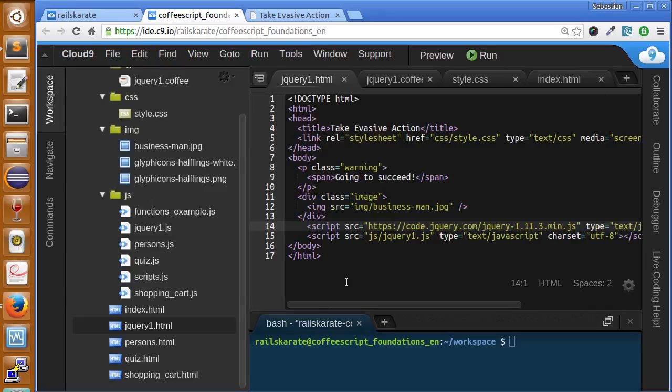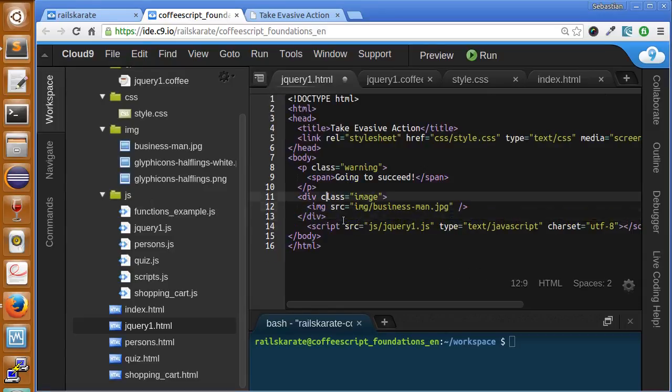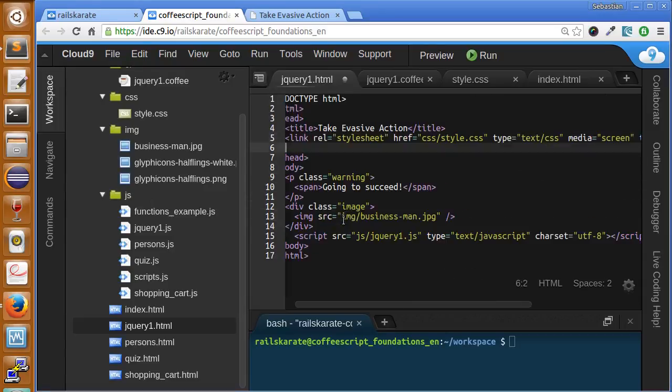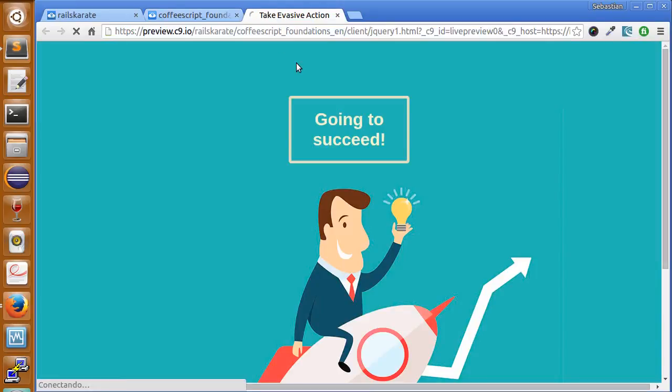Most of the time we will find that jQuery is added in the head tags right here. It is okay too, because we were adding it at the end of the body tag, but we can also add it in the head tags. Some people like to add it like that. Let's see, and if we reload, you will see